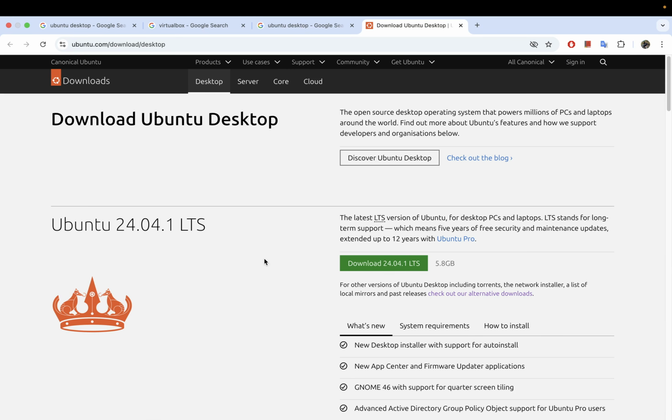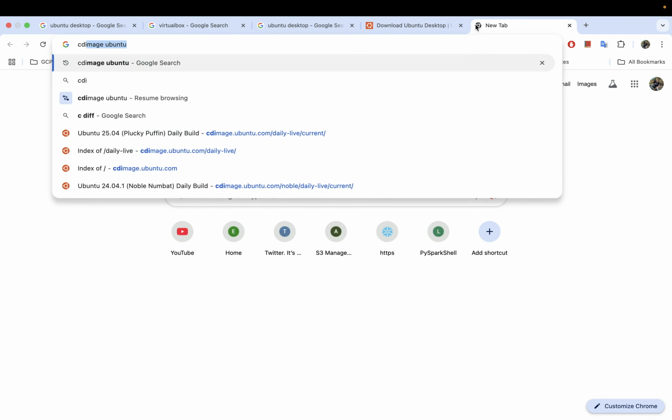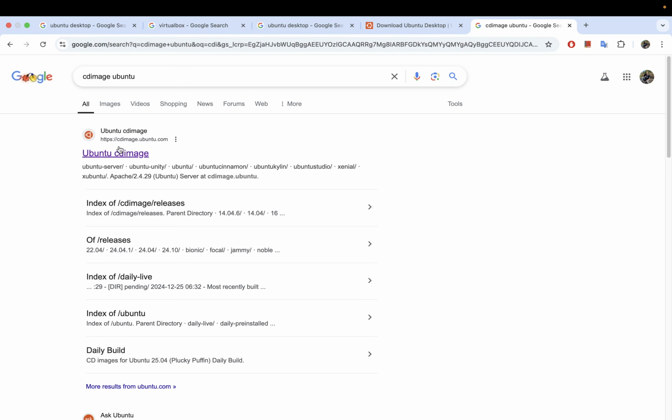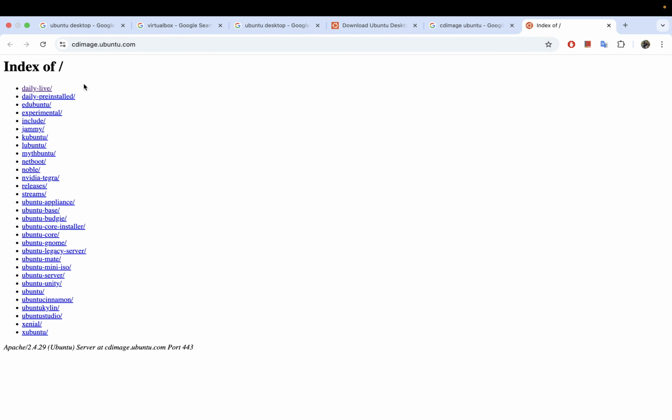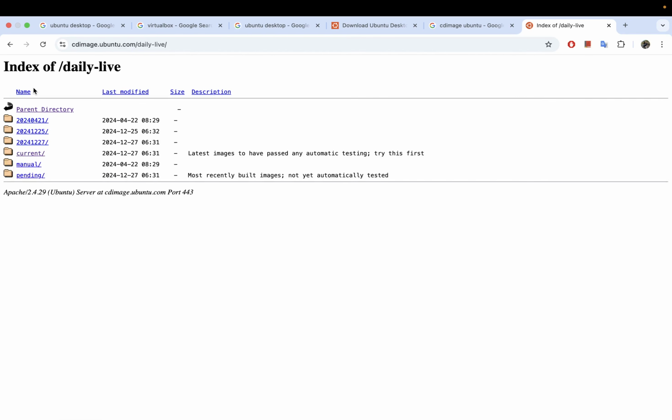Now to download the image or the desktop for macOS, you actually do need to go to another website, and the one that you need to go to is right here. If you type cdimage ubuntu, you will see the website where Ubuntu releases all the images. So all you have to do is just click this page. You can open it on a new tab, and right here now this is the website where Ubuntu releases all the images, and on top right here you will see this daily live. All you have to do is just click it, and right here this is the current